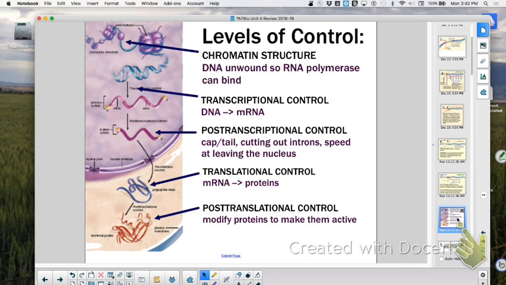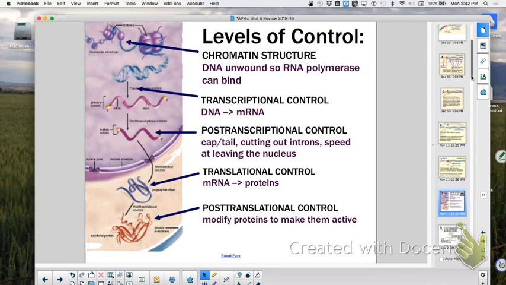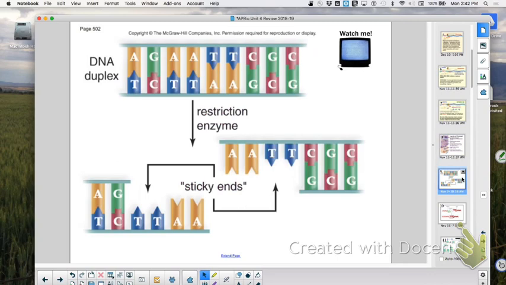Excellent. All right. Once we learned about DNA, and I'm not saying I've reviewed every single thing in that chapter. You're going to go back and look at that, right? Yeah. Once you've learned about the DNA and how it works, then we talked about modifying it, right? This is how can we use it for good or for evil.